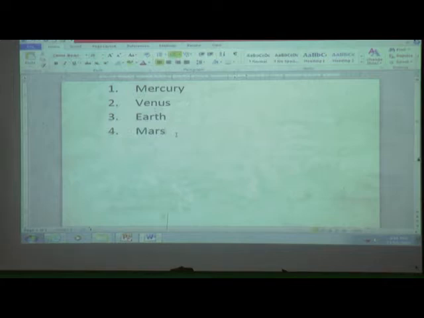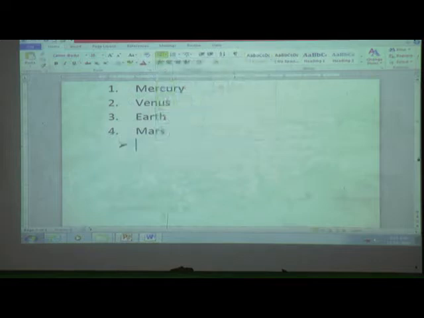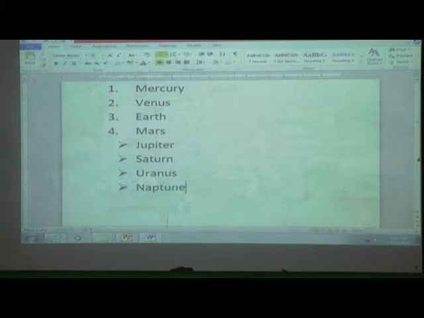Now we will see how to give the symbol effect. We select this symbol and we will write. Got it?